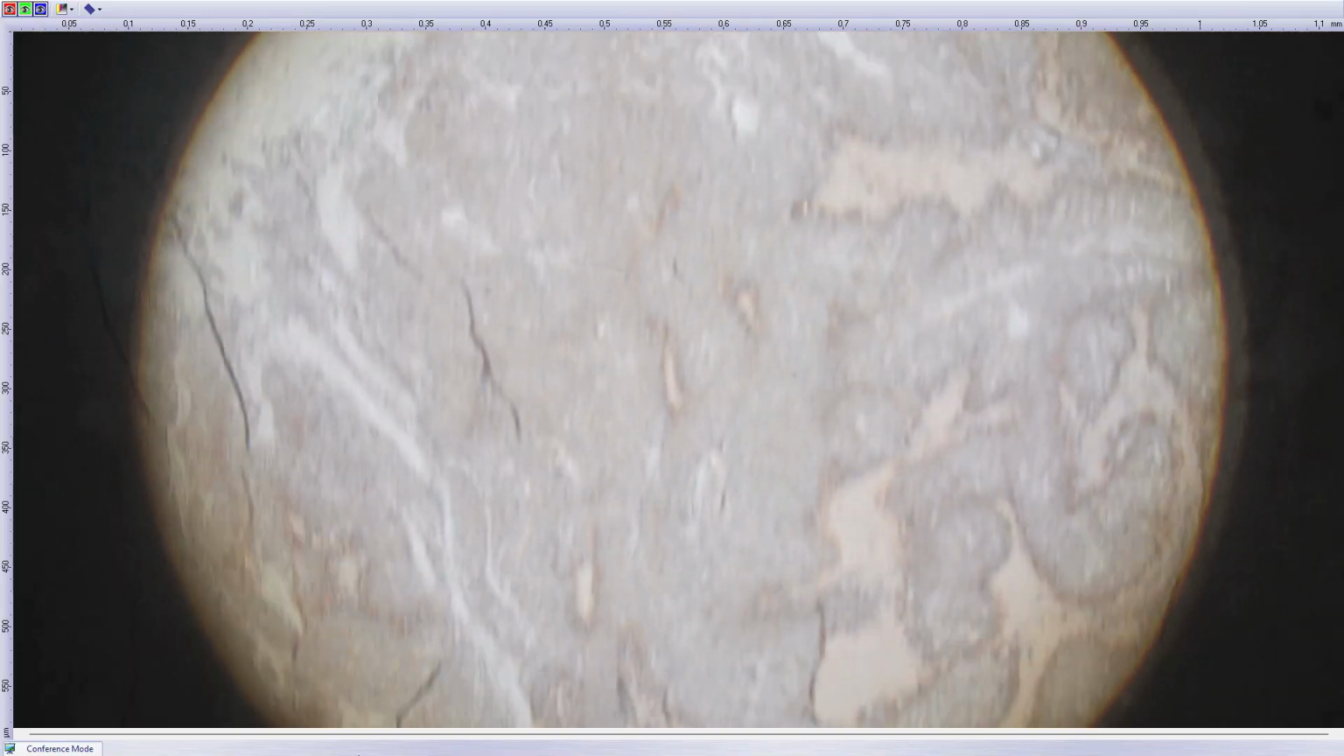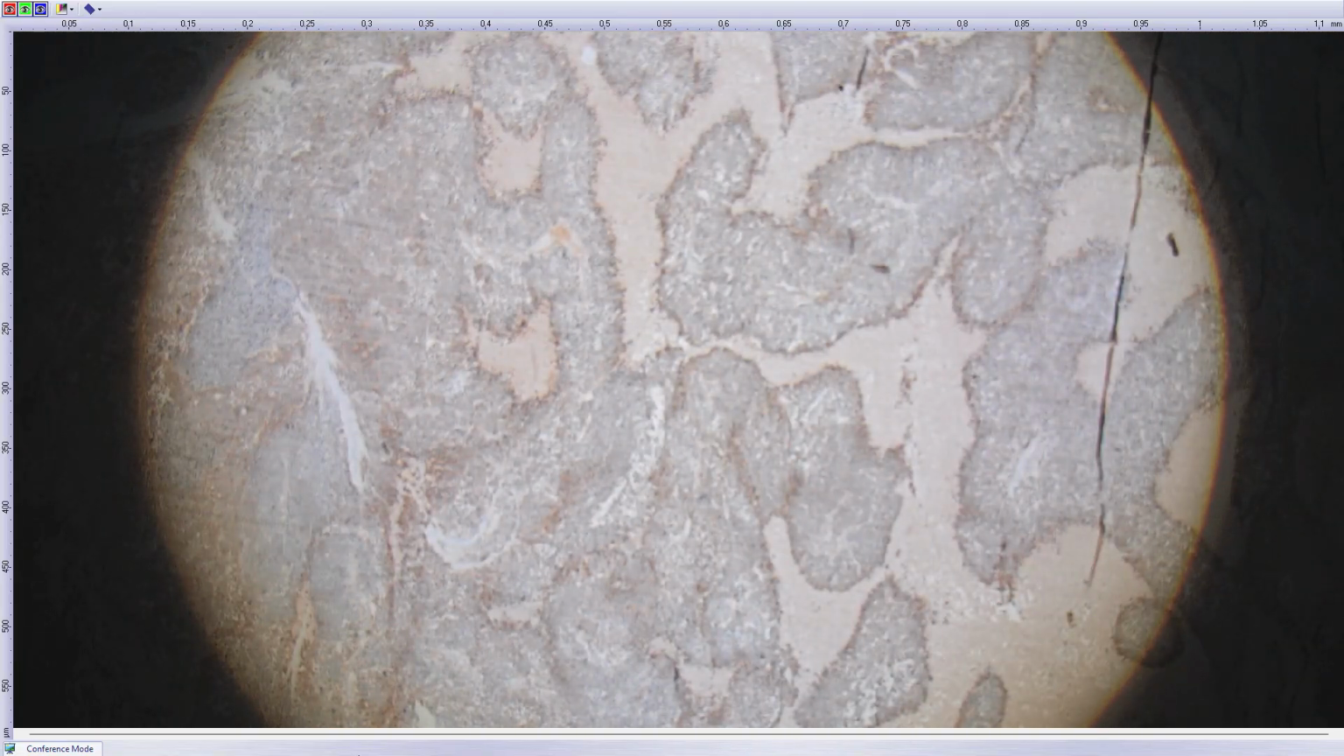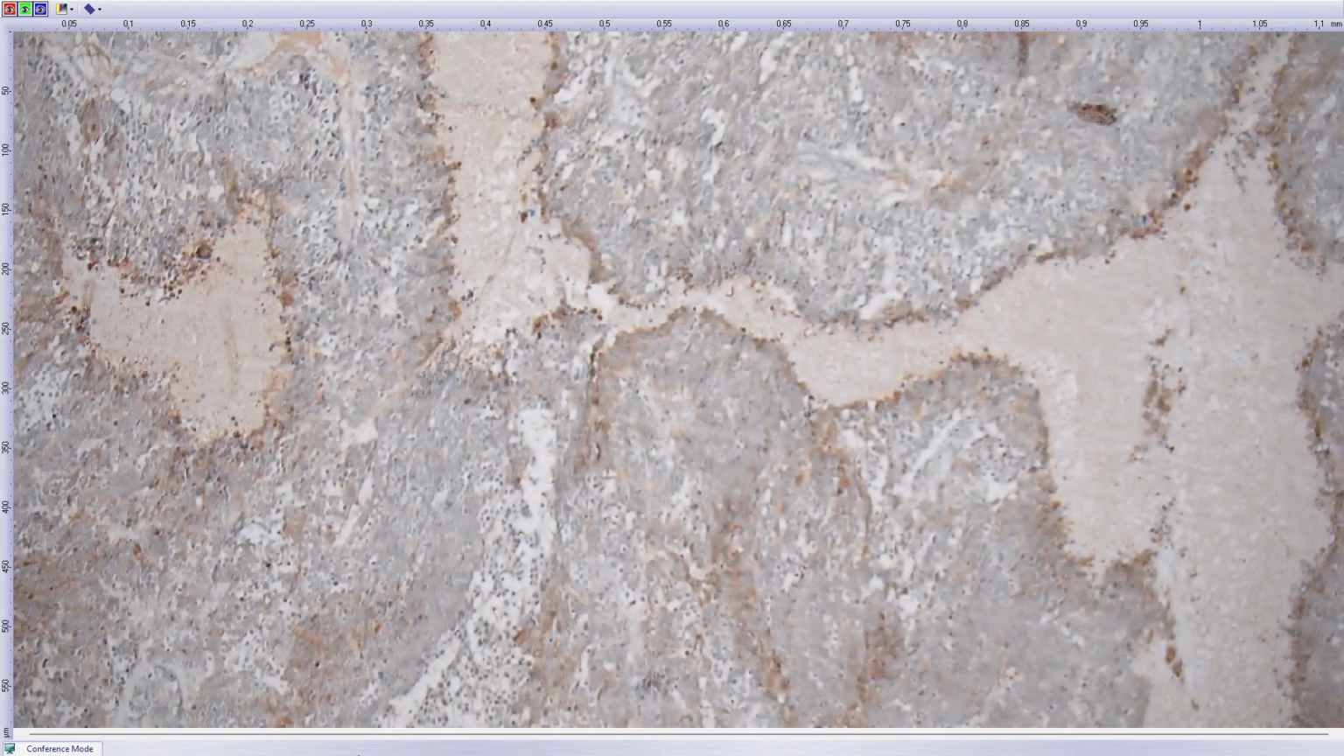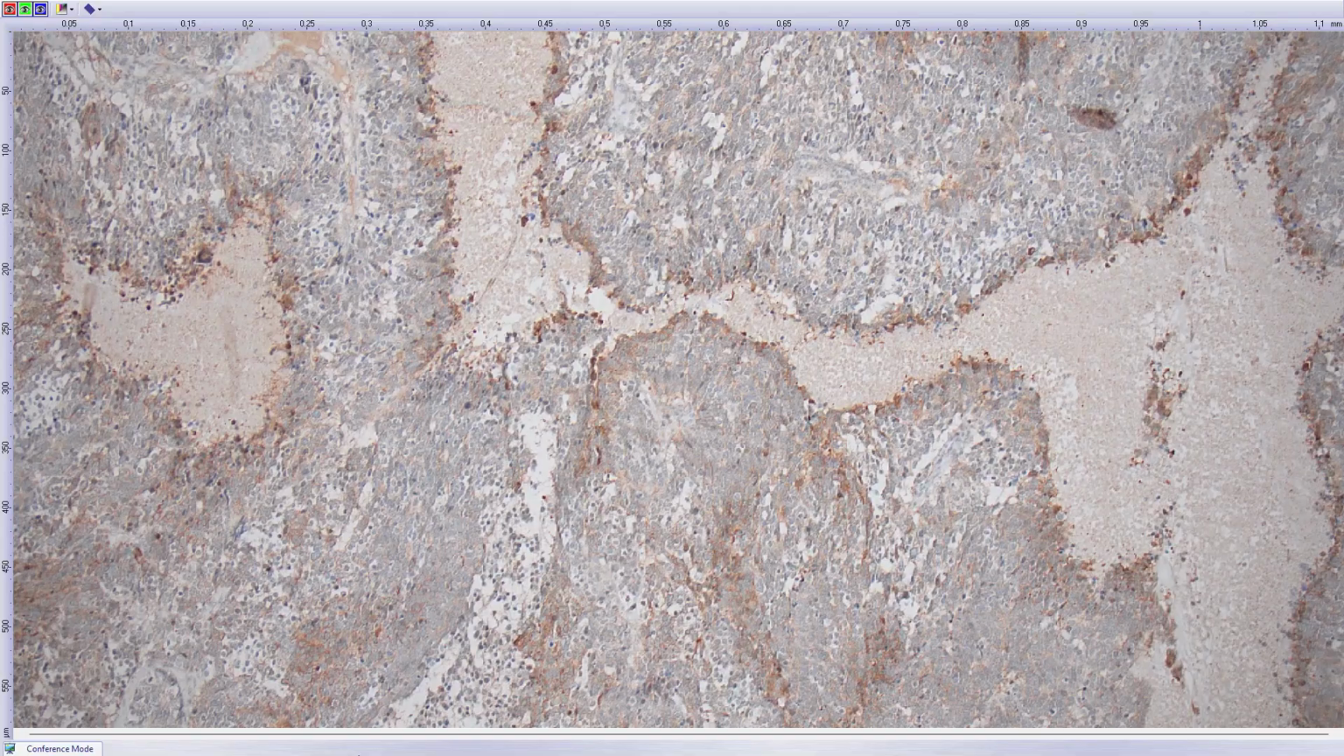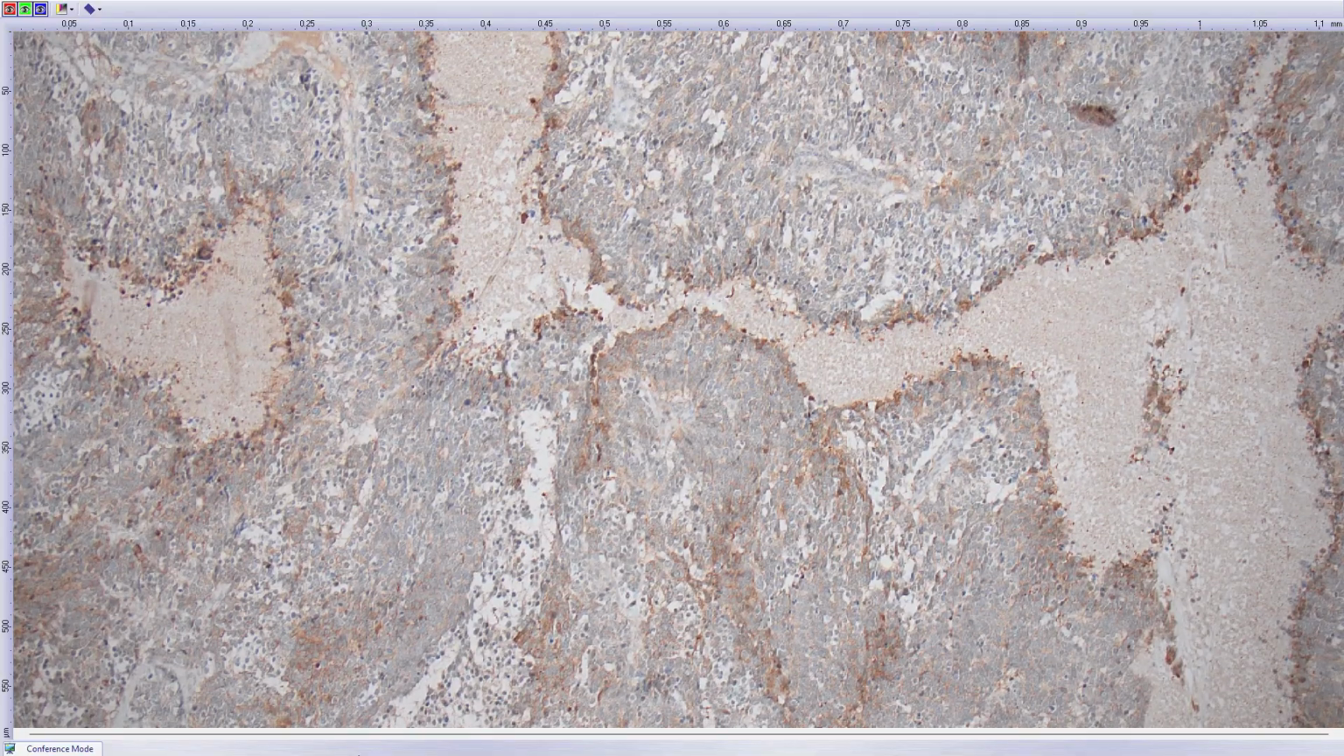And then NSA, neurospecific analysis, was positive, only faintly, but there is some positivity. This is not the best marker, but still we can appreciate some positivity. The diagnosis of this tumor was